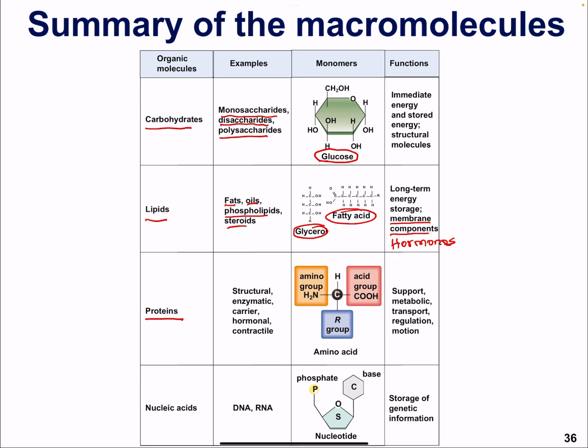The proteins, they are going to be structural and functional, like enzymes. Some are going to be carriers, transporters. Some are going to be hormones. Some are going to allow contraction, movement, right? The building blocks are amino acids with functional group being amino groups and acid groups here, right? What is the job of